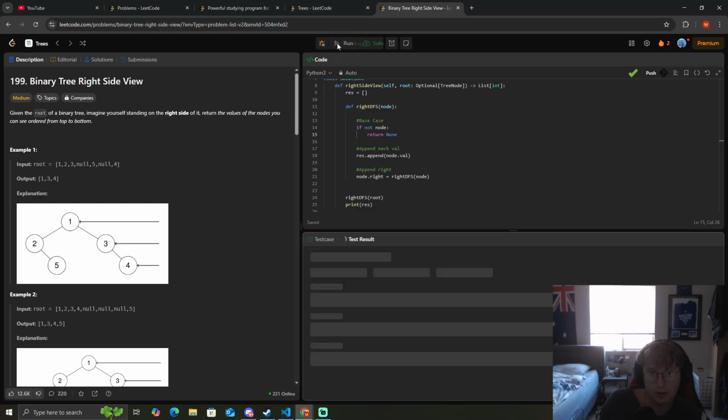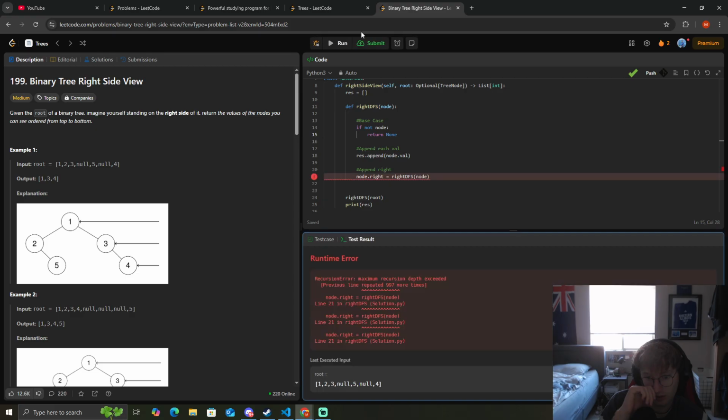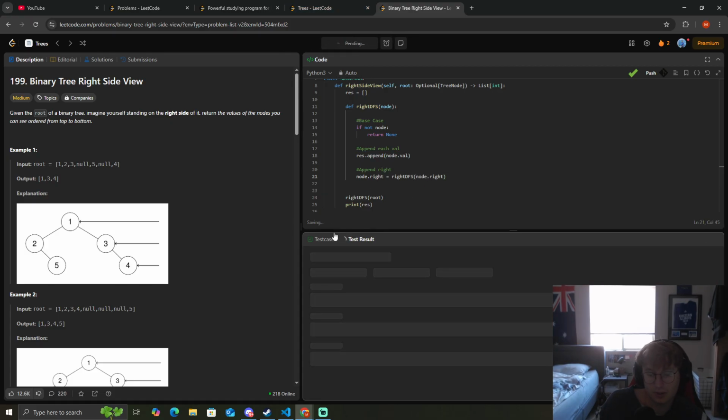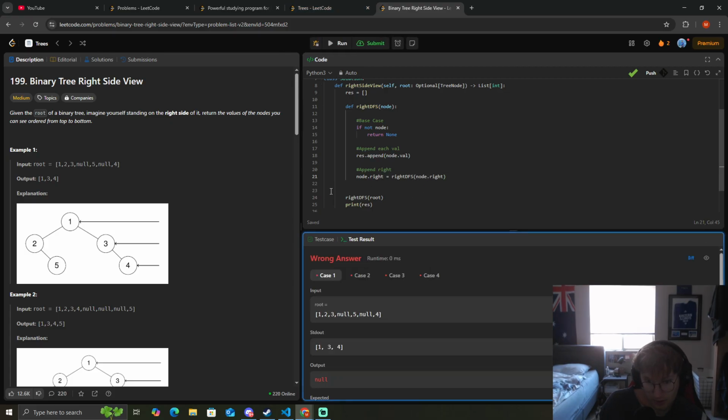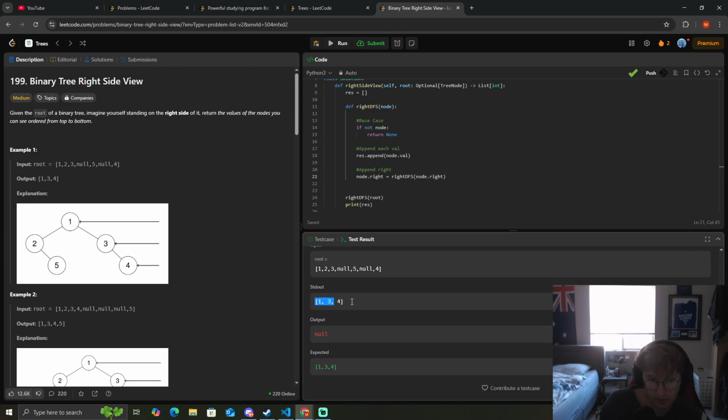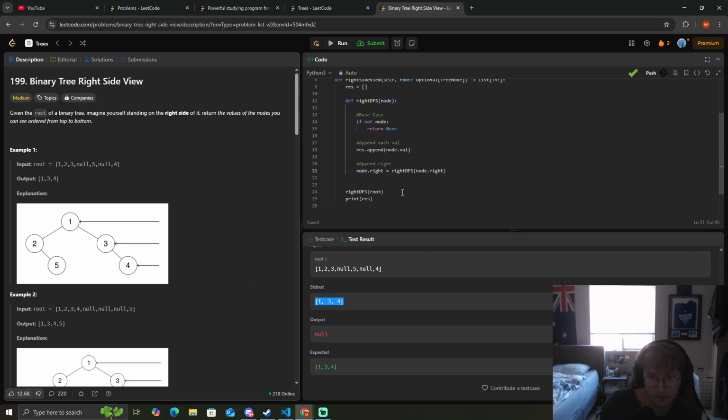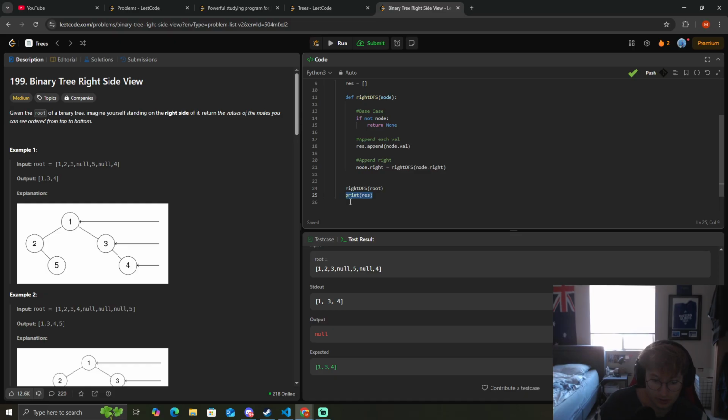Do we have to return none here? Maximum recursion depth exceeded. Why are we getting that? No dot right. Oh my god, yeah, we're not doing dot right. We're just passing in our node. Okay. 134. Okay, good, right? So